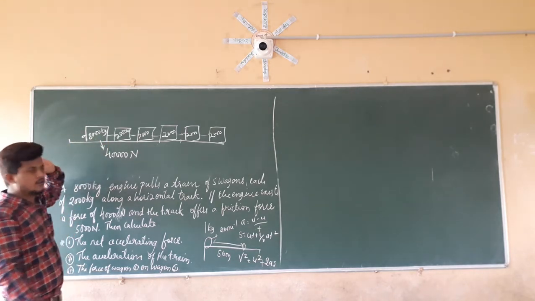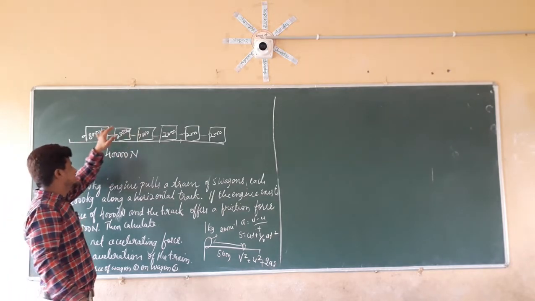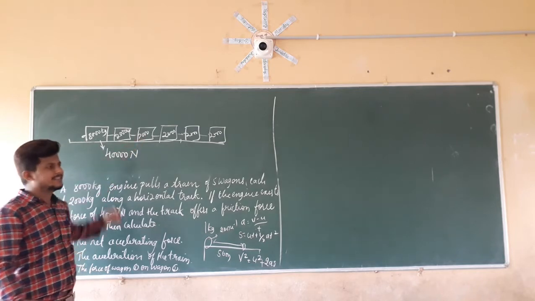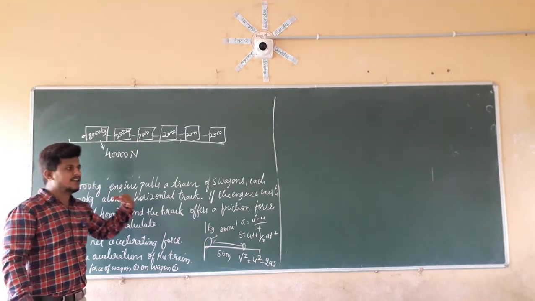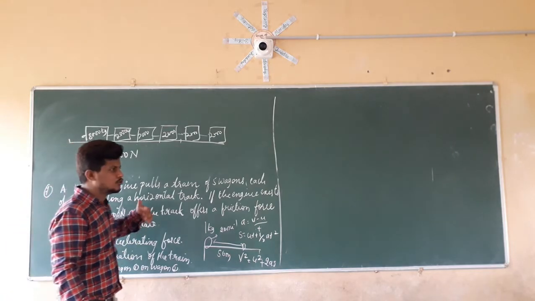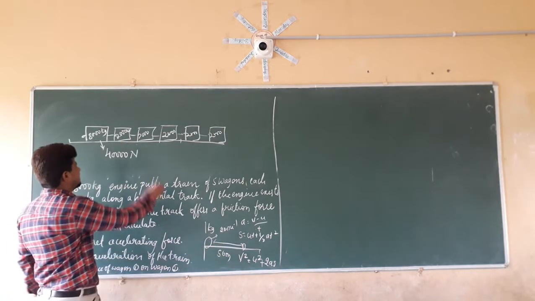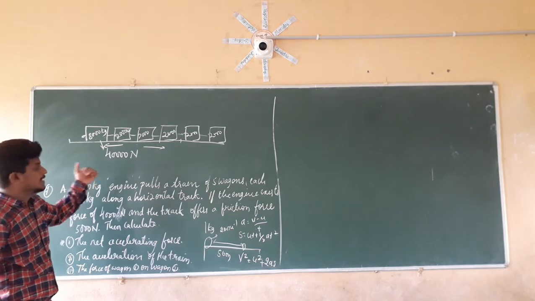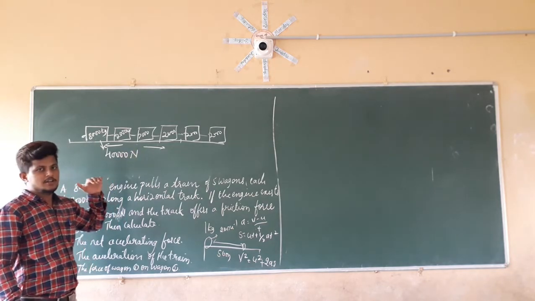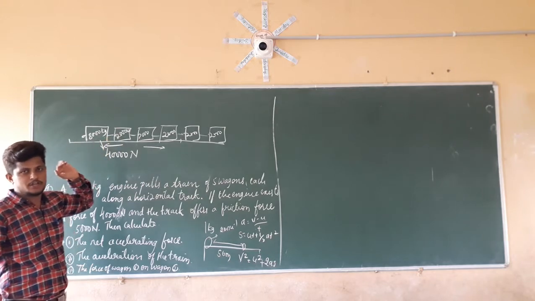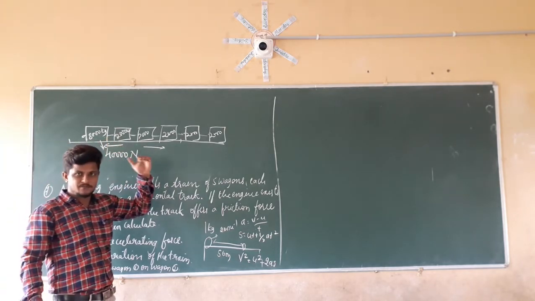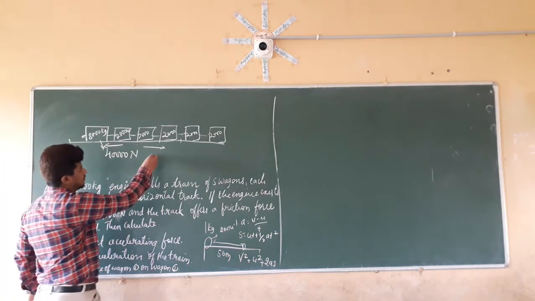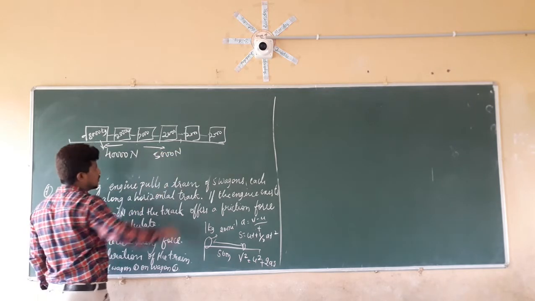Now if it is moving in the forward direction, these wagons and the engine are in contact with the track. If they are in contact with the track, we already know that a friction force is going to come. The friction force acts in the opposite direction. If the engine is pulling all the wagons in this direction, some opposite force is acting opposite to the motion. That opposite force is the frictional force, and the magnitude of that frictional force given in the problem statement is 5000 Newton.